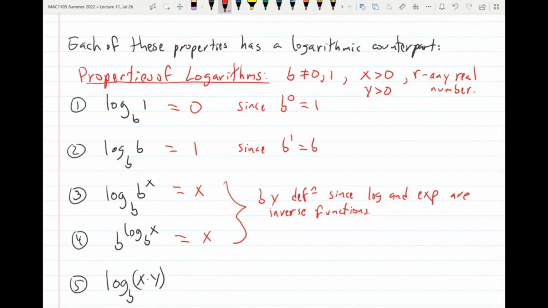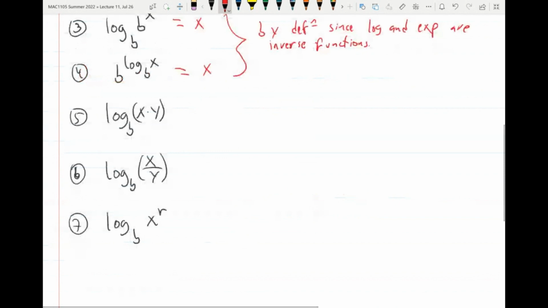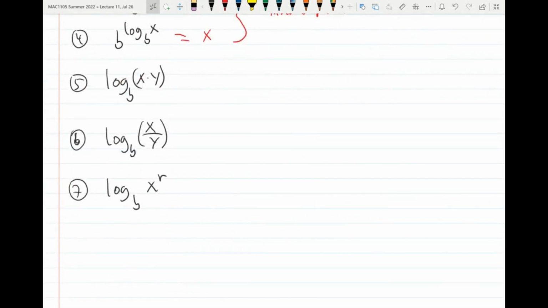Okay, so we have justified 1 through 4 pretty easily. There is really nothing to do. So the interesting ones, of course, are 5, 6, and 7. And then there will be a number 8 that we'll do at the end. Okay, so number 5. Basically, number 5, remember, this is talking about an exponent. And then an exponent of what? Of doing the product of something. So this is b to some power equal to the product of something, and this corresponds to a property